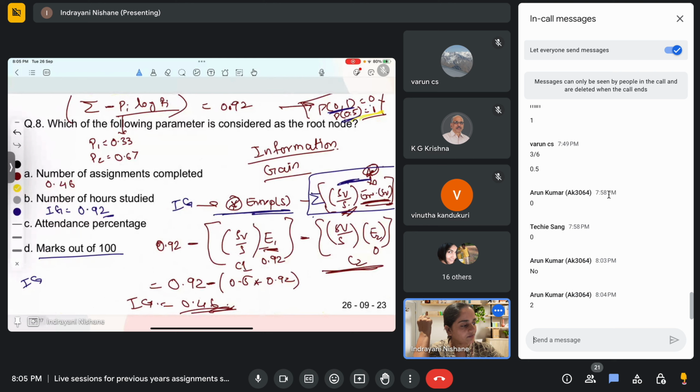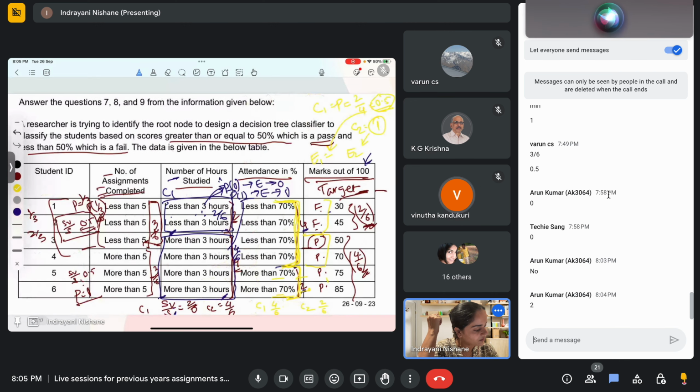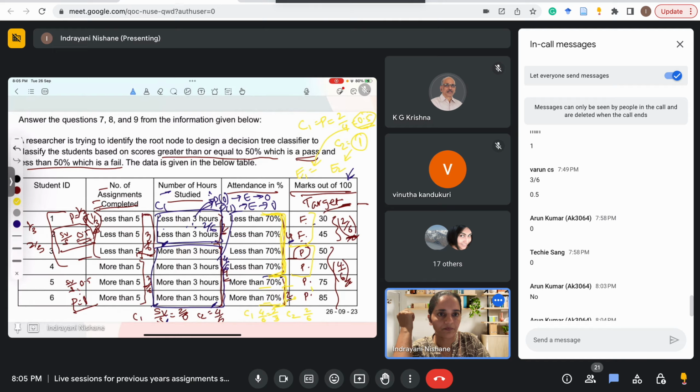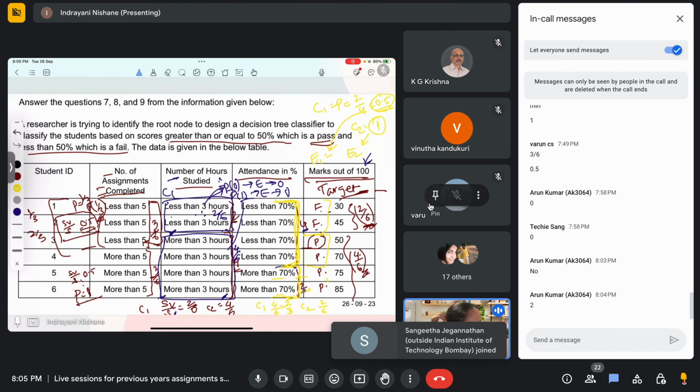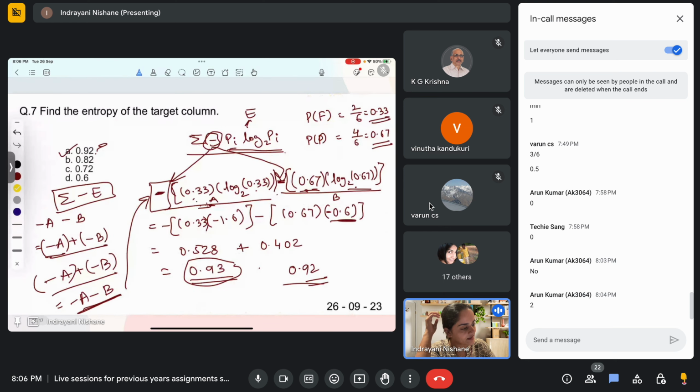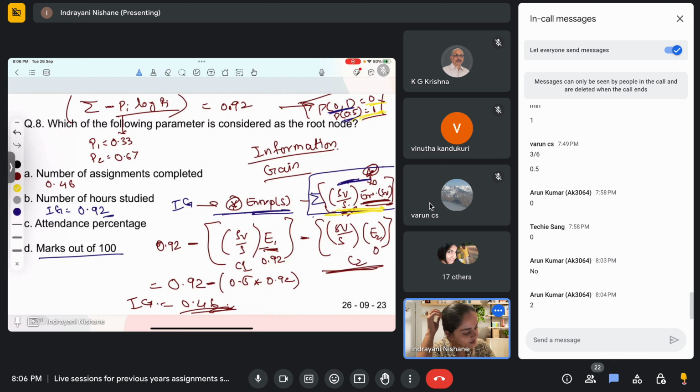We have already written it here. It is 1. So that means this term will be SV by S. What was the SV by S for C1? 2 by 3, which was 0.66. The entropy value was 1, so SV by S was 0.66, so this becomes 0.66. So the entropy value is 0.92